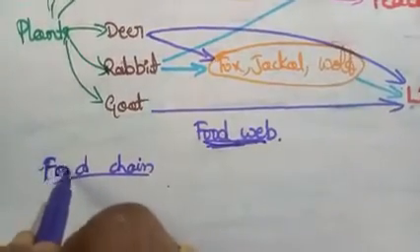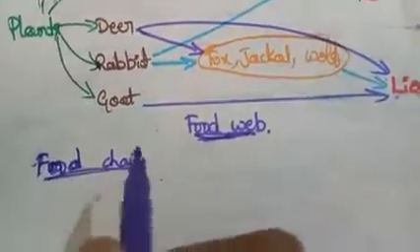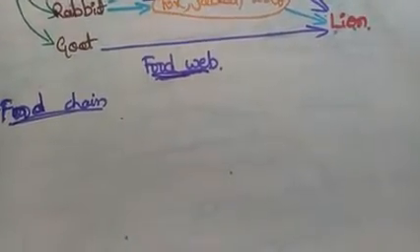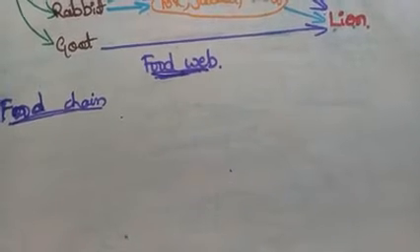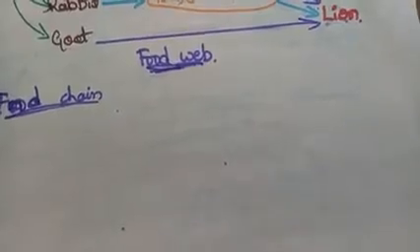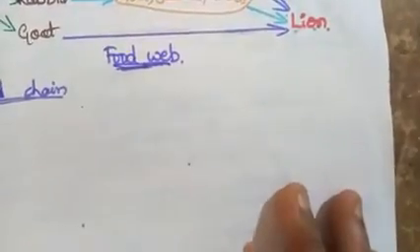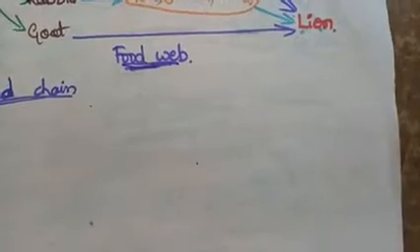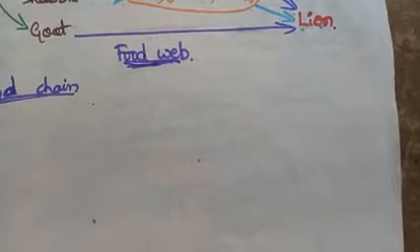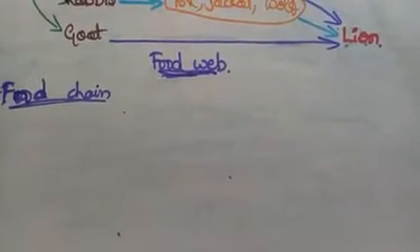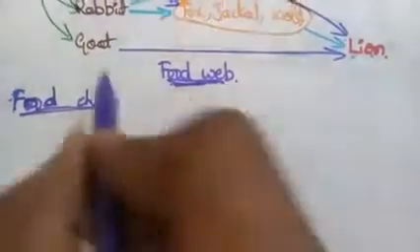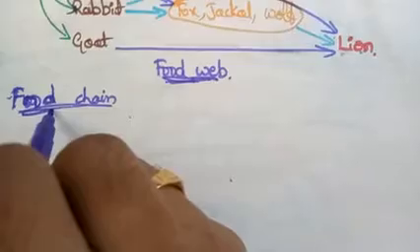So food chain. So in the ecosystem, we know that every organism is dependent on other organism for their source of the food. So all organisms, that may be from the herbivore to carnivore, they are arranged in a different trophic level, but they are dependent on other organism for the source of energy. They are dependent on the food for the other organisms. So we know that from a lower organism to the higher organism, each and every organism is dependent on the other organism for the source of the food, right?